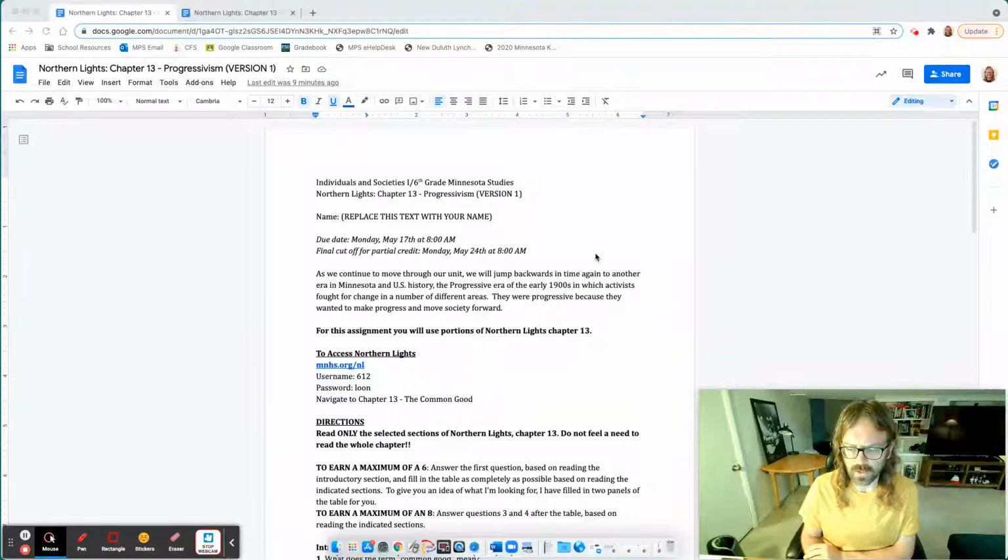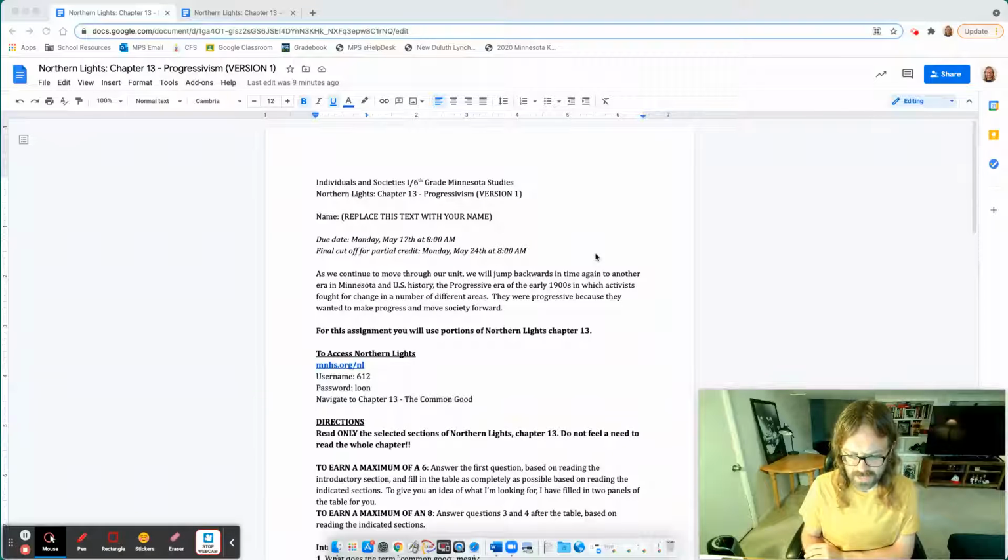So far in this unit, we have focused mainly on treatment of African Americans, discrimination, and the civil rights movement. But this unit is a broader unit about change and social movements in other ways. As we move into the second half of the unit, we're going to branch out a little bit, and look at some other areas in which people fought and tried to change things in a better way.